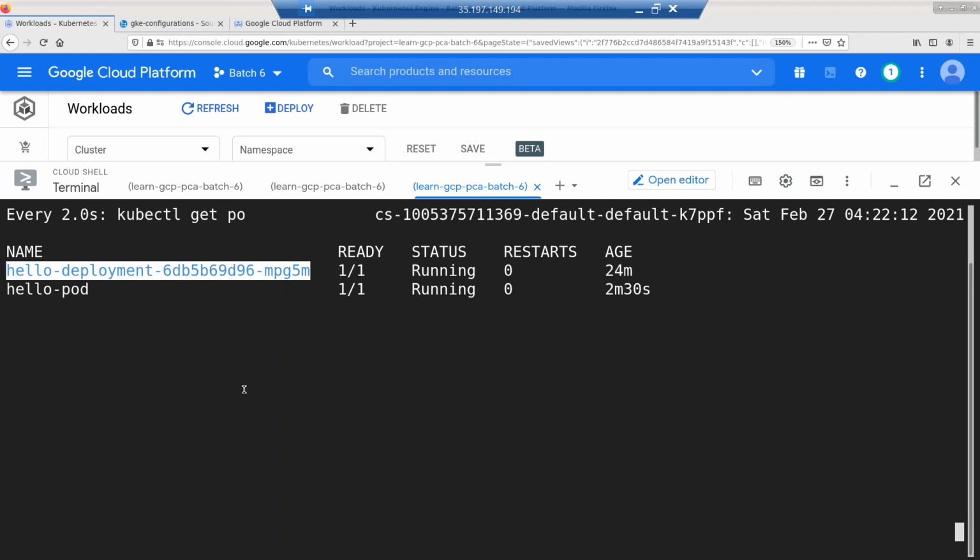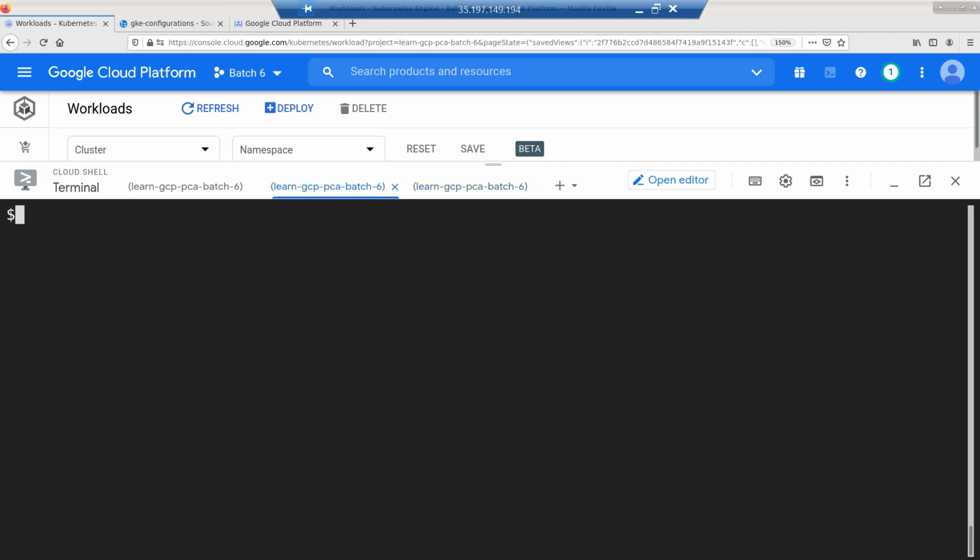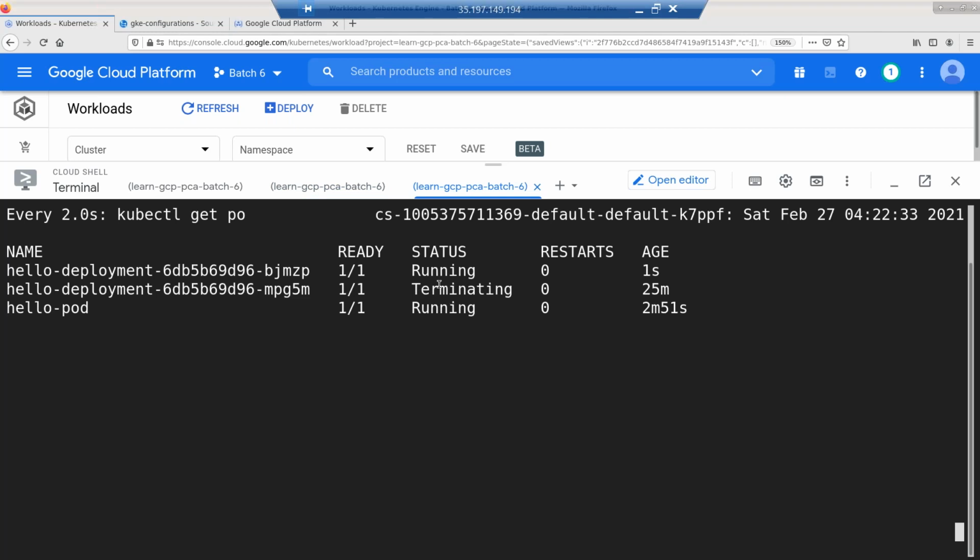So it is managed or entirely controlled by your deployment. Meaning if I go and delete this pod accidentally, the complete name, I delete this accidentally, what's going to happen is it's going to get terminated, but